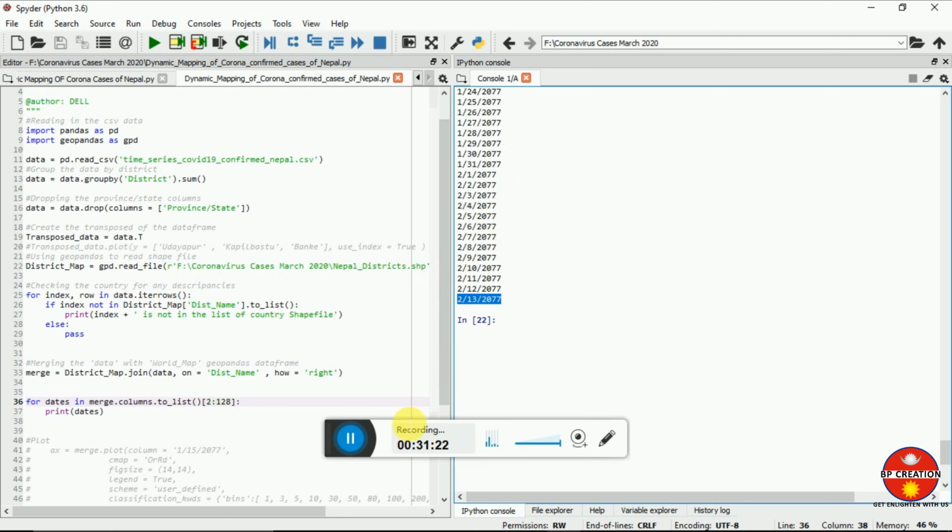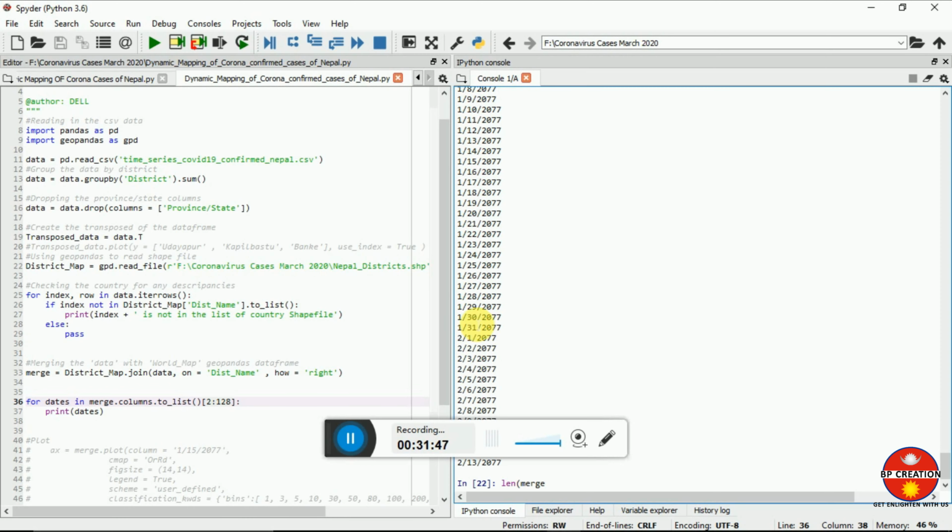I have gotten here. For that, I am going to show you that we can check the length of our data simply by typing a statement here. You can see it here. You can simply type len, merge. You can simply copy it from here too. Lazy to type,